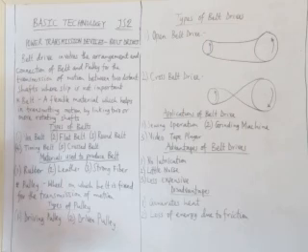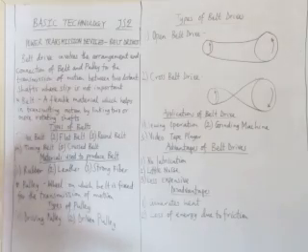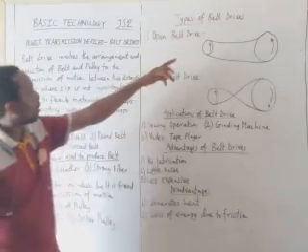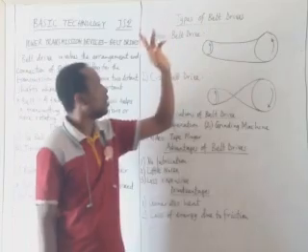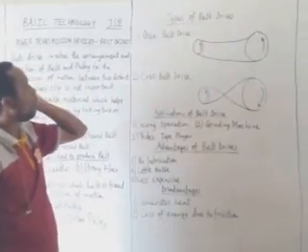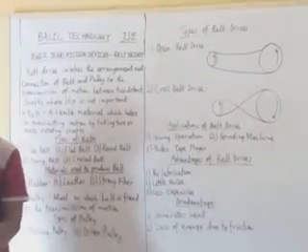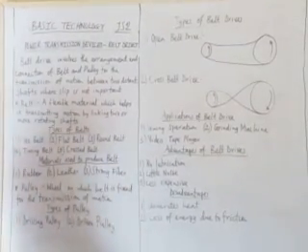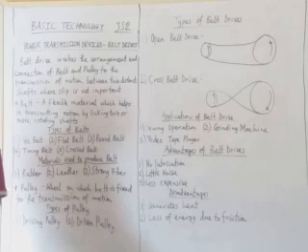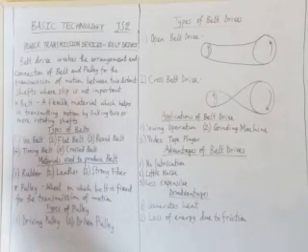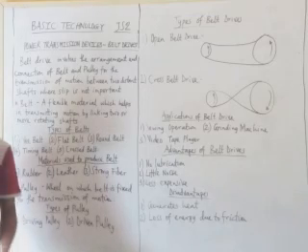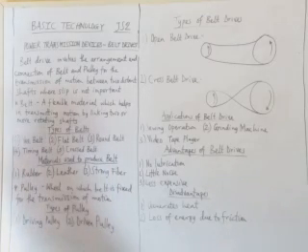Whenever the driving pulley rotates the driven pulley in its own direction, we say that belt is our open belt. You can see the arrow there. You can see this and this, they move in the same direction. That is our open belt drive. Take note of that. And likewise, we have the second type of belt drive, which is our cross belt drive. We use this one when we want to rotate our driven pulley in the opposite direction of the driving pulley.